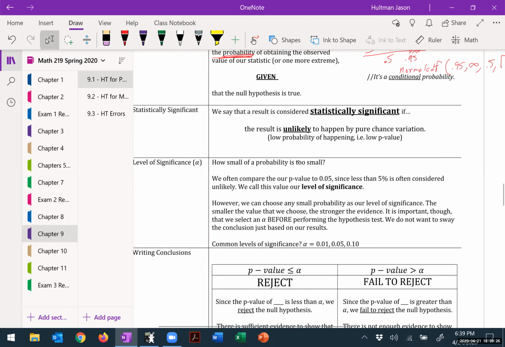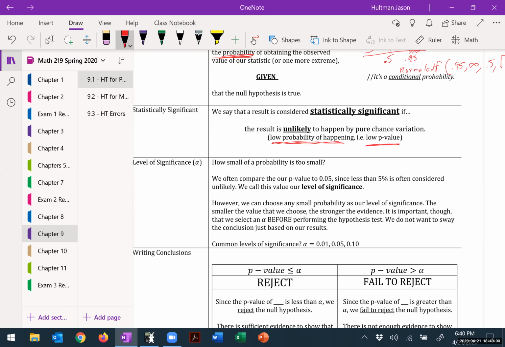Is this going to be statistically significant or not? We say that the result is considered statistically significant if the result is unlikely to happen by pure chance, or has a low probability of happening, a low p-value. How small of a probability is too small? What's our area of